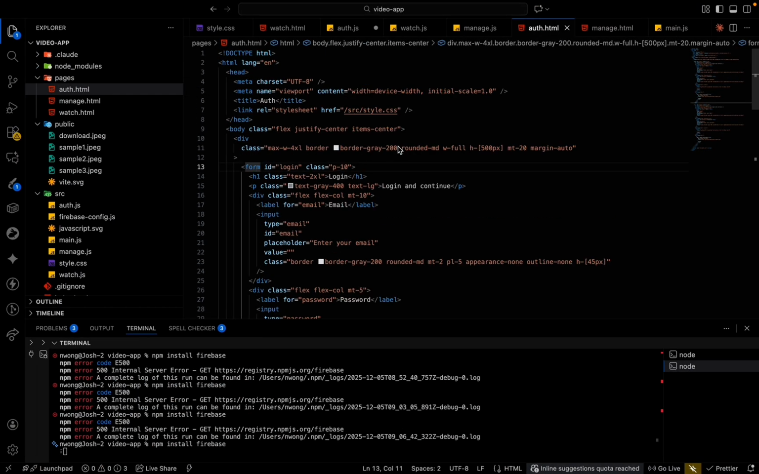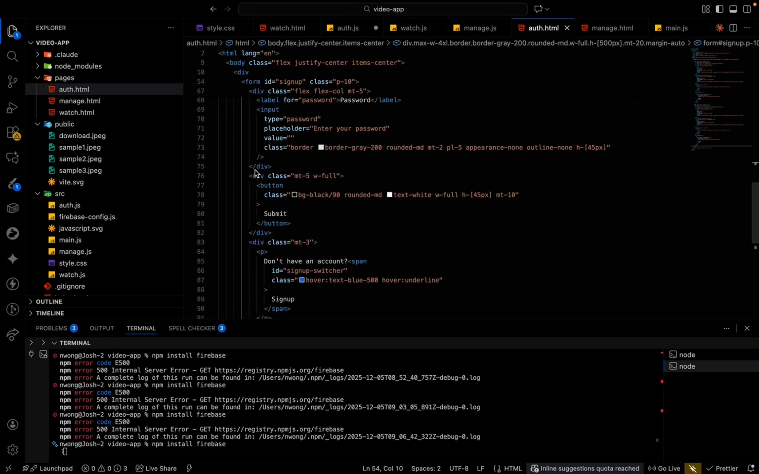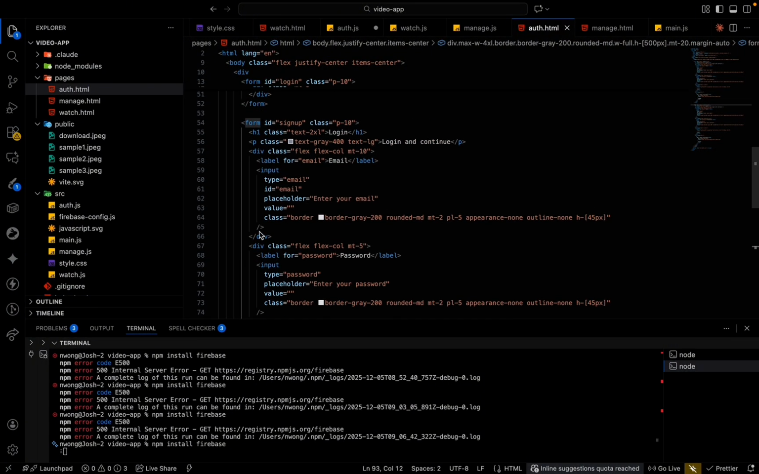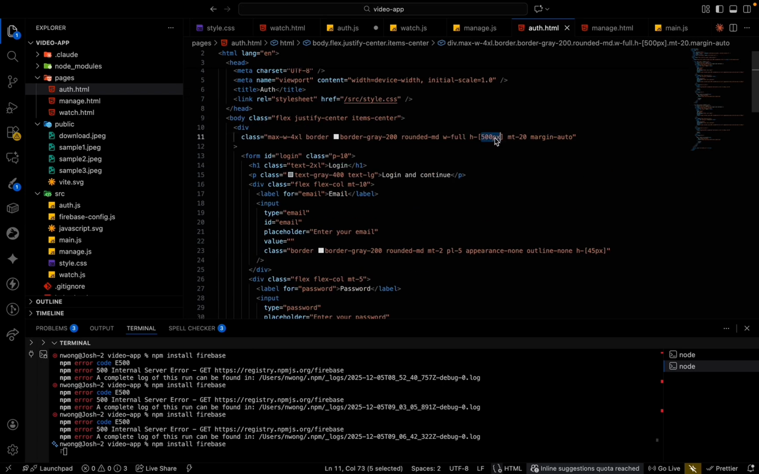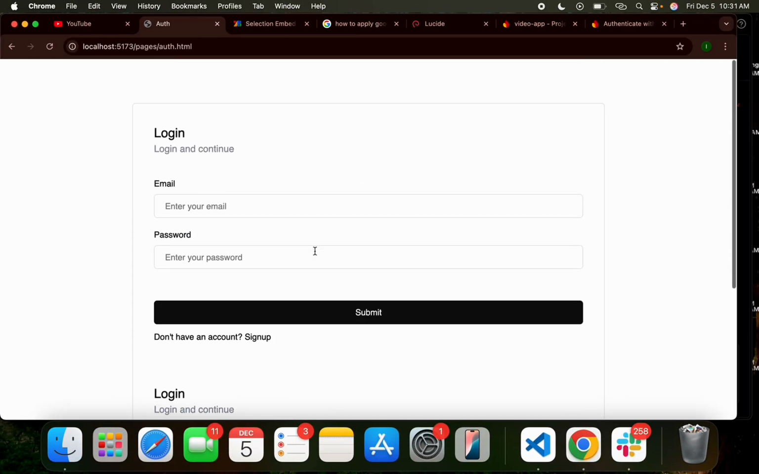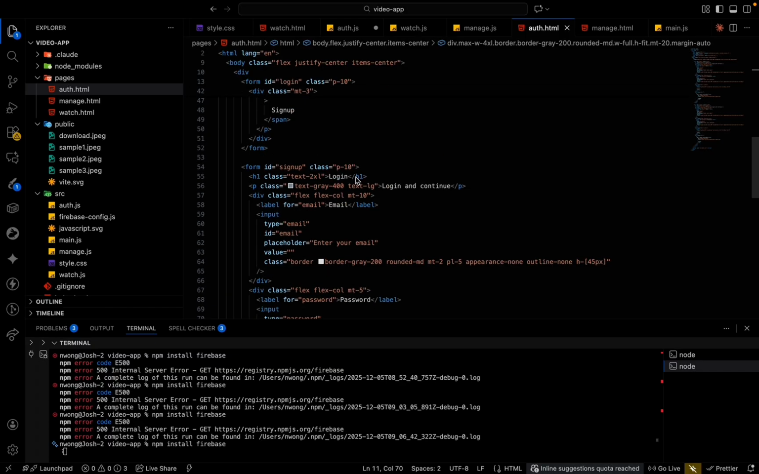Let's see, this class is not being applied properly. Something seems to be wrong. Form, it's supposed to cover, okay, there's a height, that's why. So I think what we can do is to give it the height of feet. Okay, perfect. So now for the sign up form, this is not going to be login, this is going to